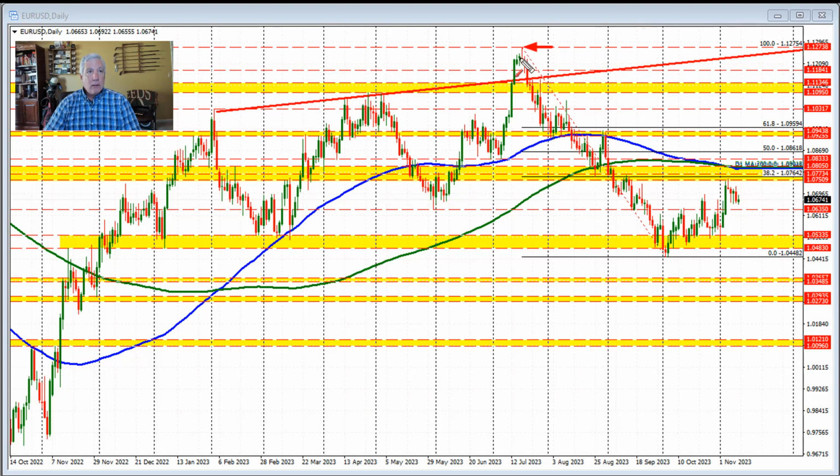If we look at the high price that we saw in the month of July to the low price that we saw in the month of October, the 38.2% retracement comes in at 1.07642. And as you can see, on trading on Monday, the price moved up toward that level. In fact, we got within about 7 or so pips of that 38.2% retracement and then started to rotate back